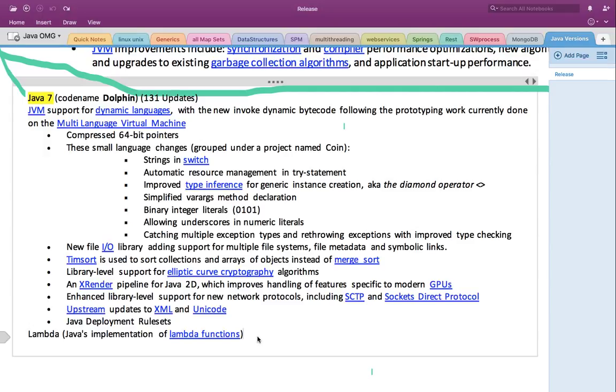So the try with resource means you don't really need to write the close connections or the database close statements in the finally block. You can manage that with the try with resource. And then improved type inference for generic instance creation, like the diamond operator, you don't really need to discuss about that because it is something mostly used in Python, I